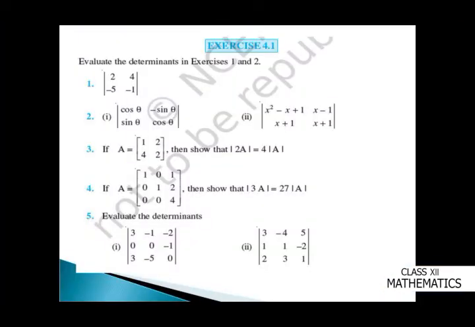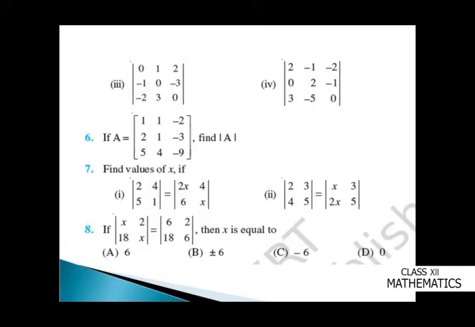Evaluate the determinant. This is a 3 by 3 determinant given to you, and I have already explained this. You have to see which row and which column has more zeros, and you can start from there. And if there is no zero, you can expand along any row. Now third and fourth are the same thing. Do it at home. It's homework for you all. The sixth question is also the same. You have to find the determinant, expand by any row or any column, and you'll get the answer.